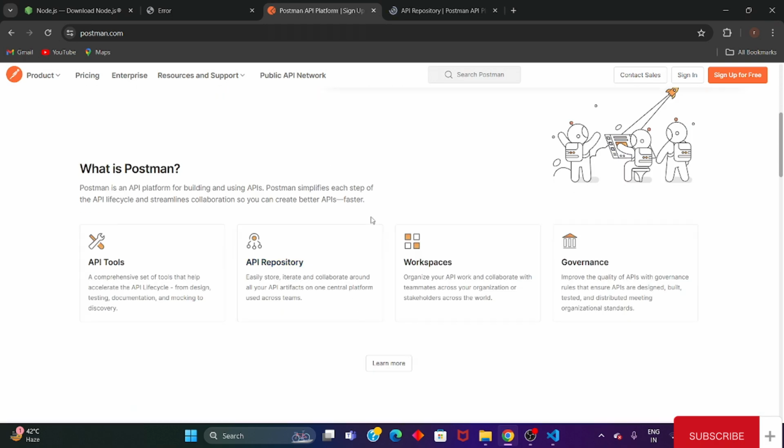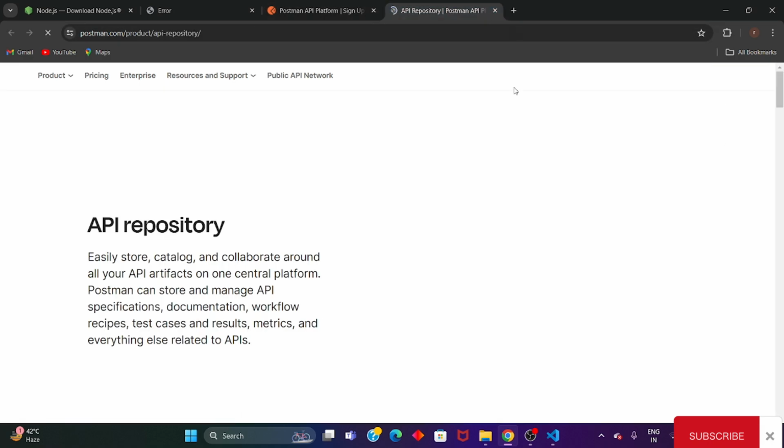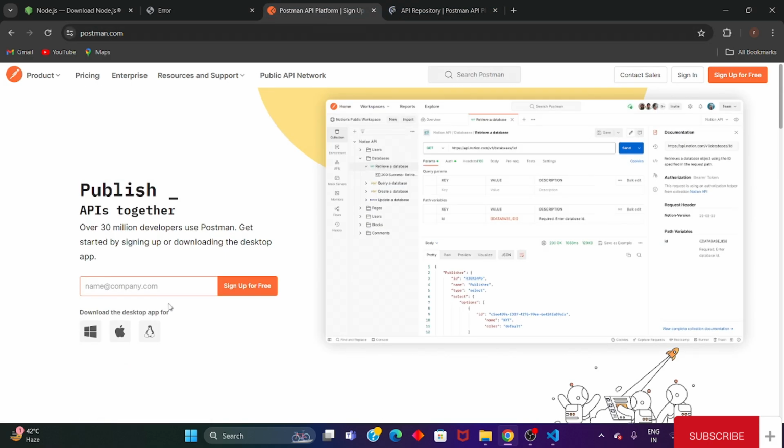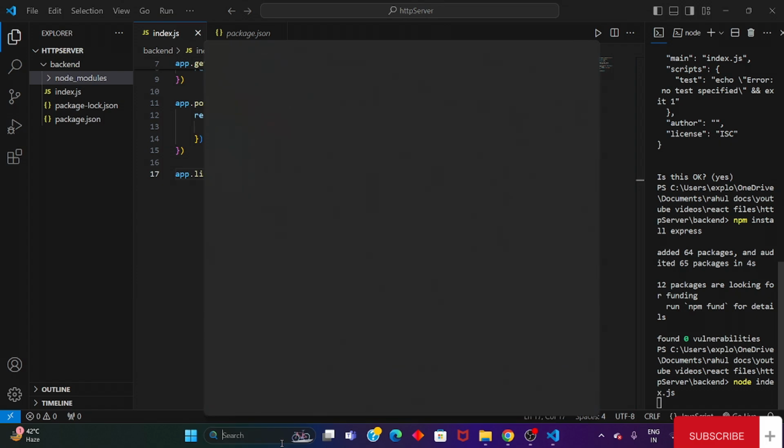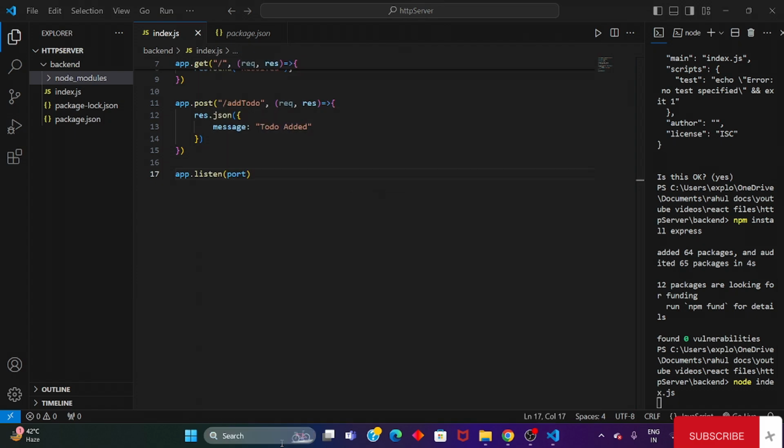So from here you can simply download Postman, the desktop version for Windows or Mac. When you download it, I have already downloaded it, you can open it up and you will enter the same